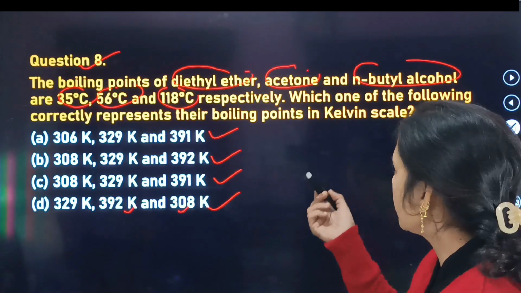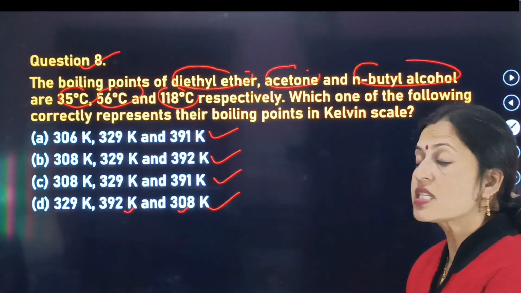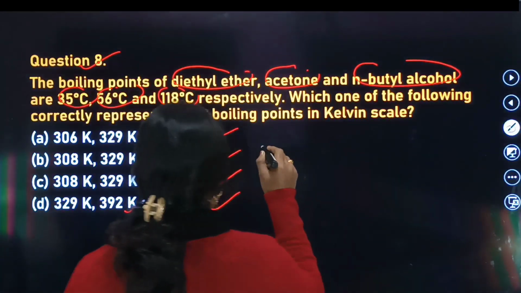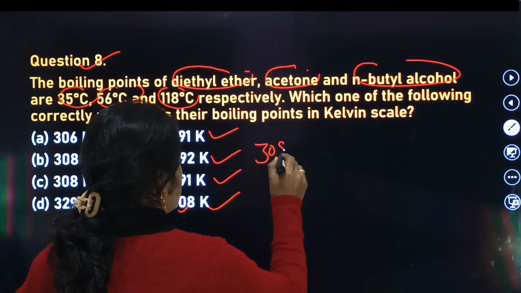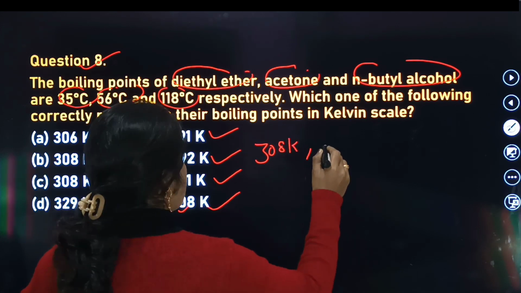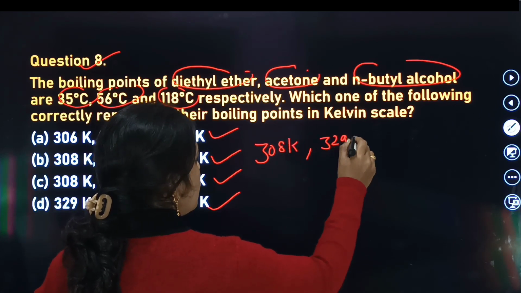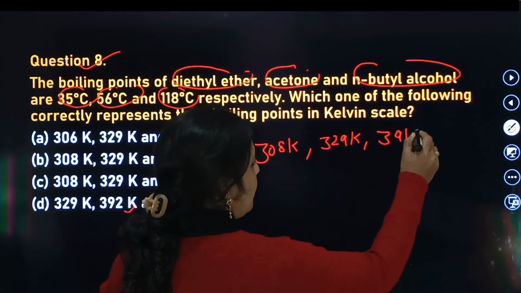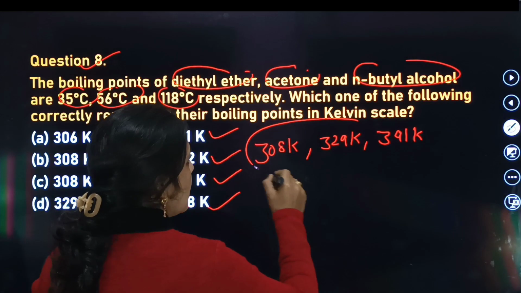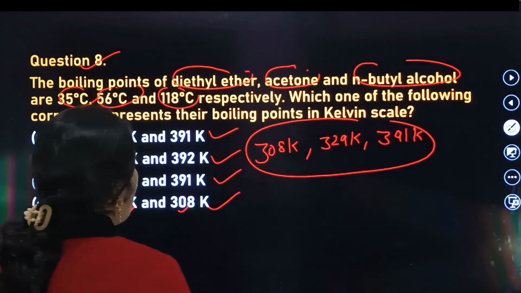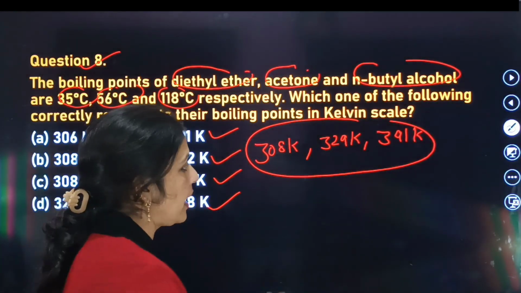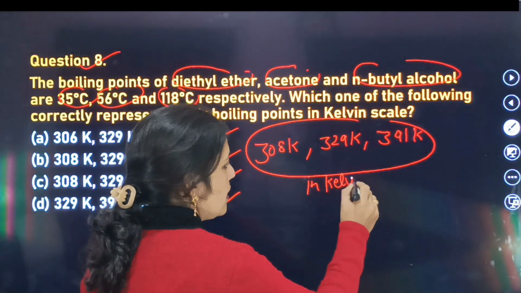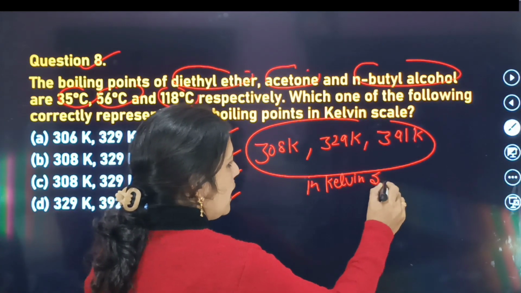तो बेटे, जो इनमें से करेक्टली रिप्रेजेंट करते हैं बॉइलिंग पॉइंट्स इन केल्विन स्केल, दैट आर 308 Kelvin, second one is 329 Kelvin and the last one is 391 Kelvin. So this is the correct sequence of their boiling points in Kelvin scale. So this is the right answer, that is 308 Kelvin,